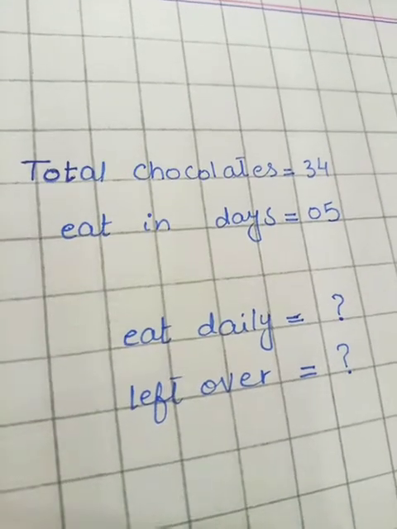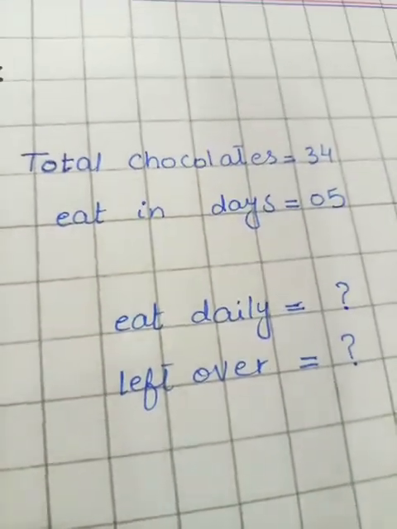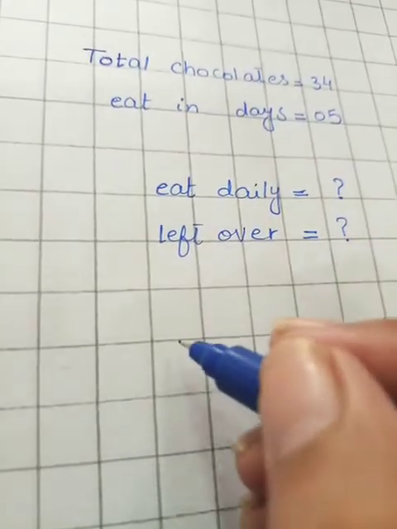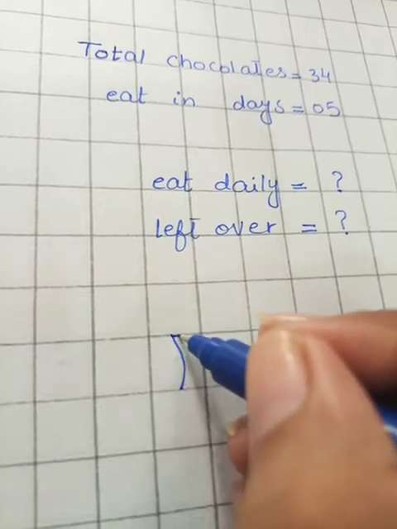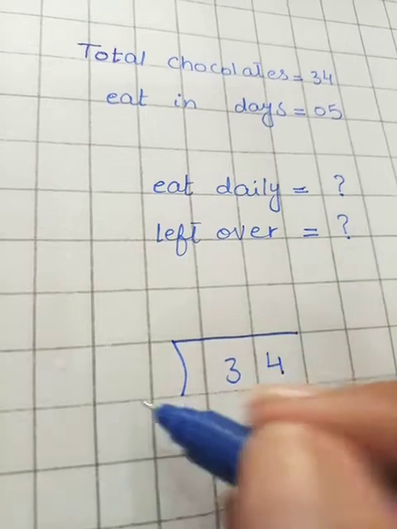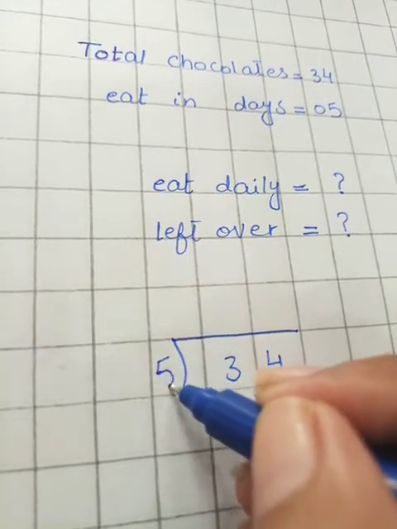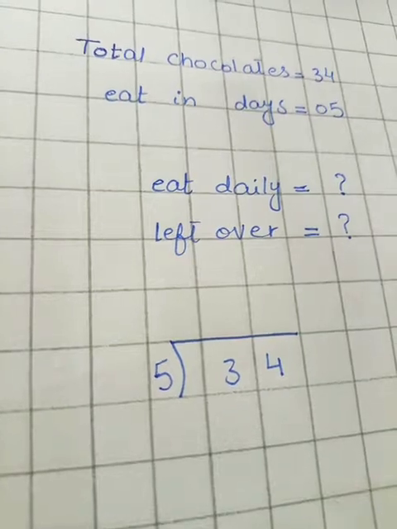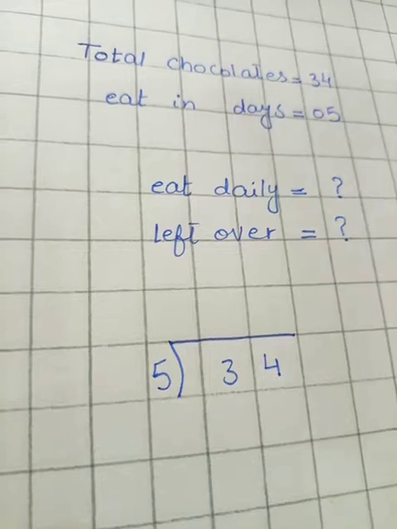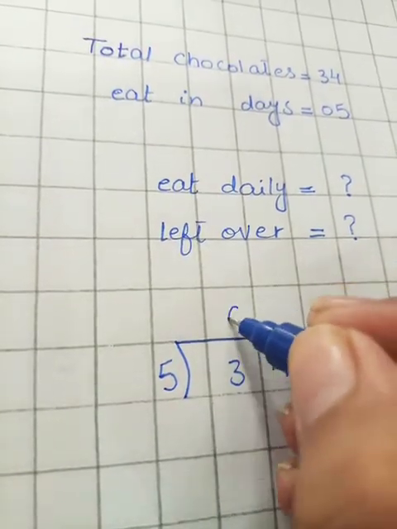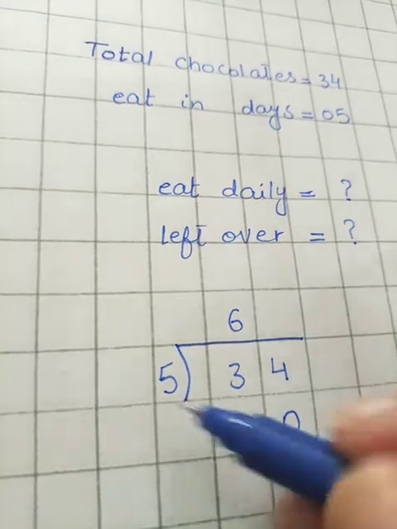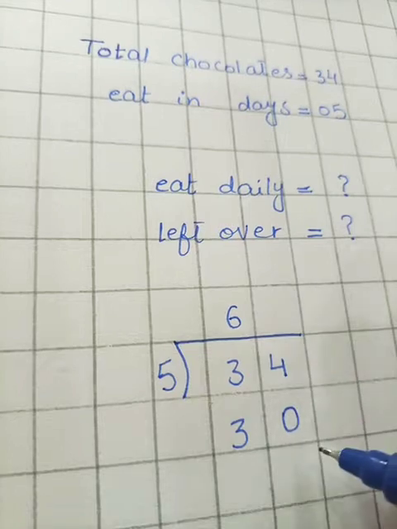Okay, look at this students, total chocolates are being divided into 5 days. So let's divide it here by the division process as we have done earlier. Here I am writing the division sign and the total number of chocolates, that are 34, and the number of days. Now students, let's divide it. Read the table of 5 to get the number 34 or a number that is less than 34. 5 sixes are 30, because 5 sevens are 35 and I can't write 35 beneath it.